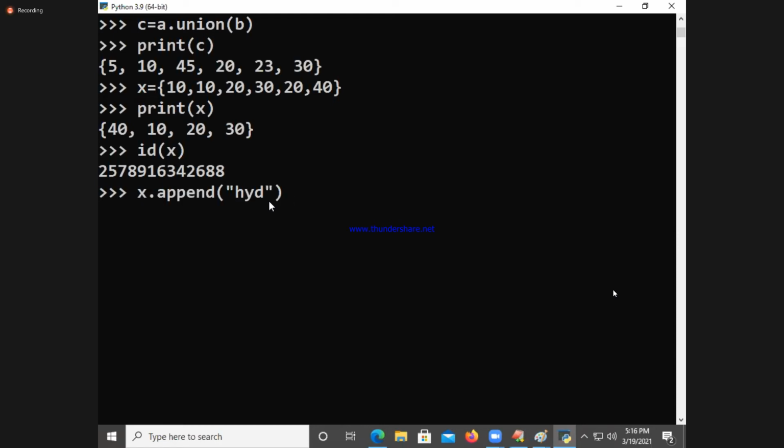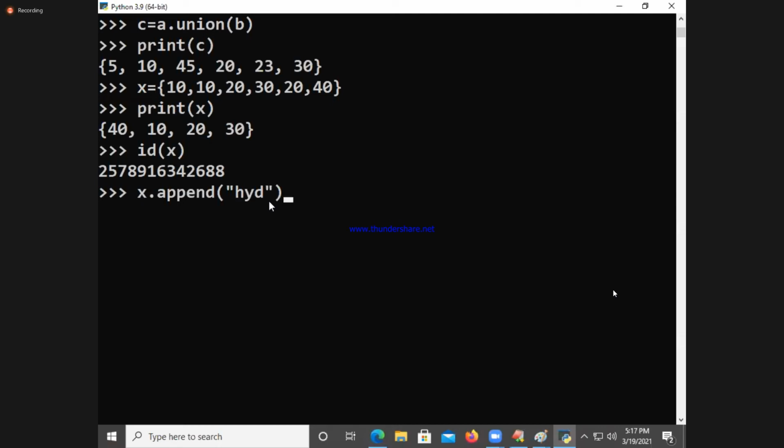When you use the append function in a list, it will compulsorily add at the last, because a list maintains insertion order. A set never maintains it. It will add in one position, but you cannot guarantee that it will add at that position only.